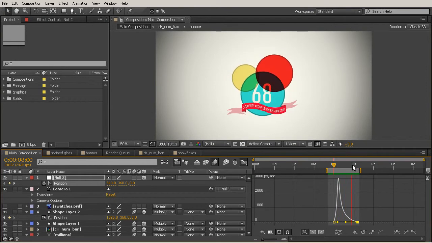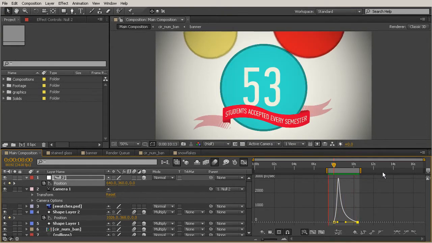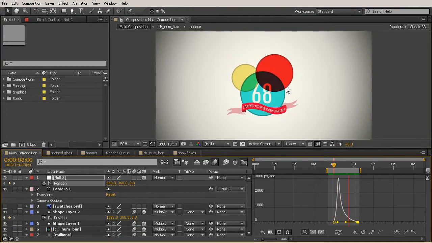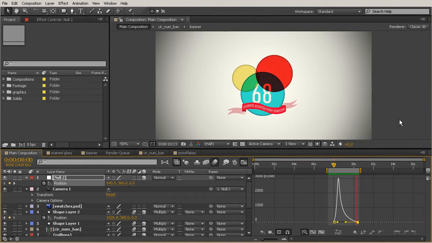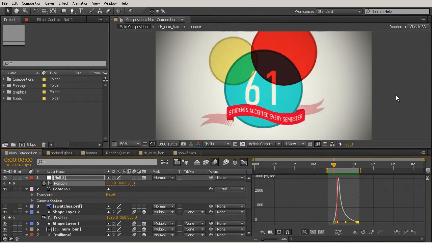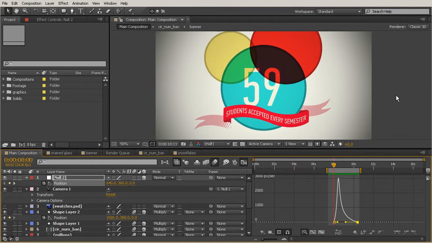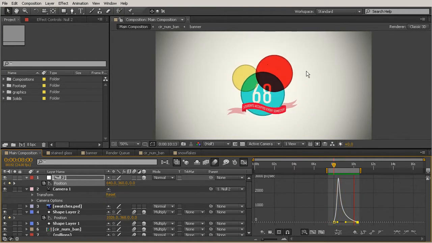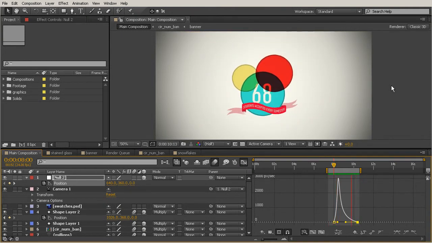Okay, so that RAM preview has finished up, and you can definitely see a big difference. That ease out now feels like there's lots more time for that to just gradually slow down, and you almost don't even notice when it finally comes to a stop just because of how gradual it is. So there's a lot of animations that you'll want to create that you'll need to use the speed graph for to get this kind of animation style where you really want to feel like the final key is very, very